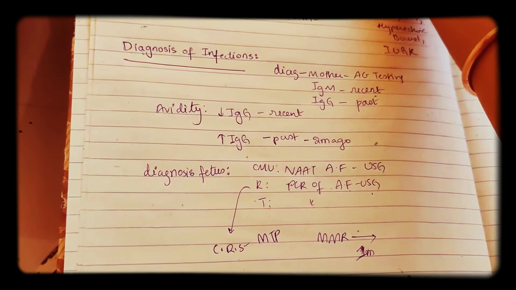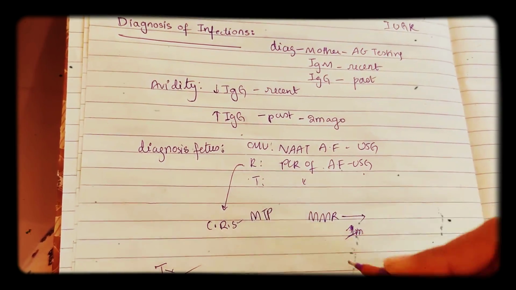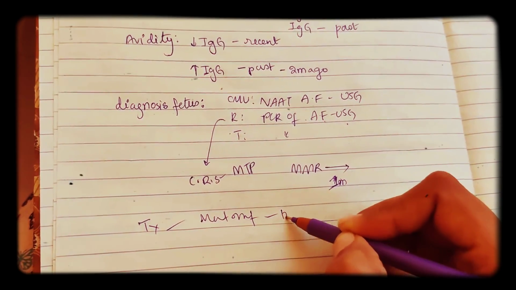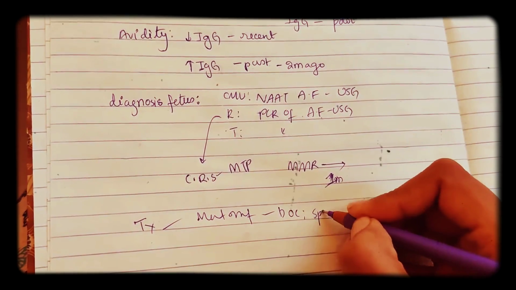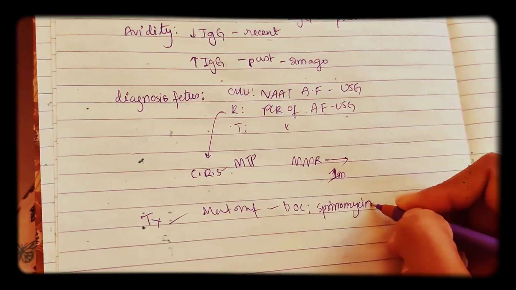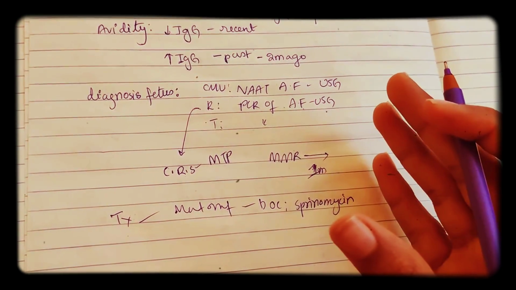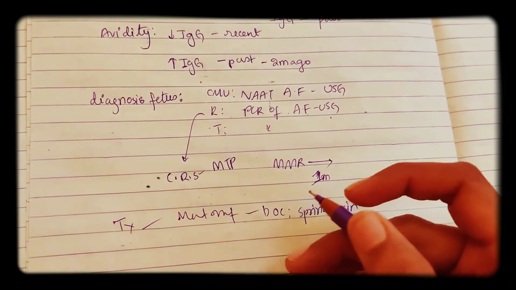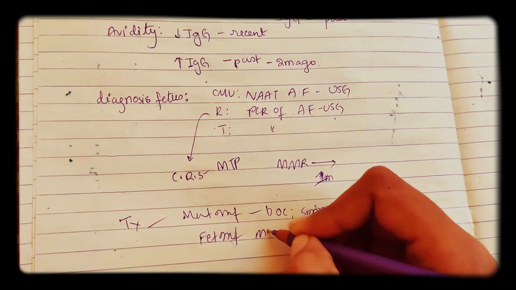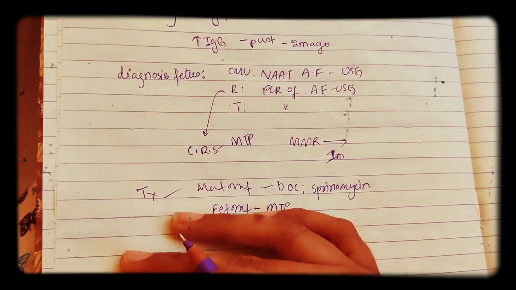Now coming to toxoplasma. In the case of toxoplasma treatment in early pregnancy, if there is maternal infection, we give the drug of choice, spiramycin. Spiramycin is the drug of choice for toxoplasma, especially in maternal infection, because spiramycin will not cross the placenta, so no problem to the fetus. But if there is any fetal infection, then you need to immediately terminate the pregnancy, that is medical termination of pregnancy.